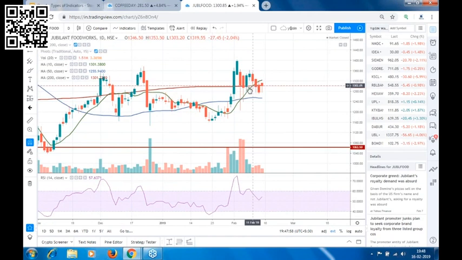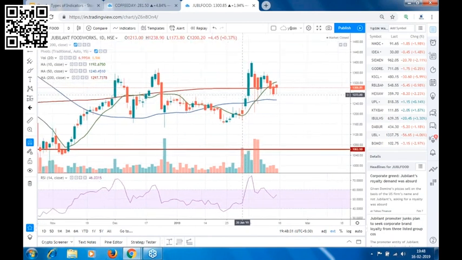at the top. So if we take an entry in Jubilant Food about 1270, then our first target should be around this level, say 1290 to 1295. Only 20 to 25 points target you can play in this stock because there is 200 period moving average, which is a bigger moving average. So the possibility of it crossing is very less, and though it crossed the level, the momentum was good in the stock, but this also is your trade from support.